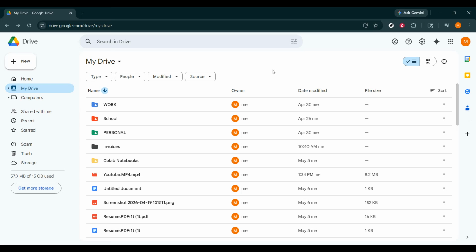In today's video, I'm going to show you how to connect your favorite apps to Google Drive in just a few simple steps. This is a super useful trick if you use tools like Canva, Notion, Slack, Zoom, Adobe, or other productivity apps and want them to work more smoothly with your Drive files. By the end of this tutorial, you'll know exactly where to go, what to click, and how to give the